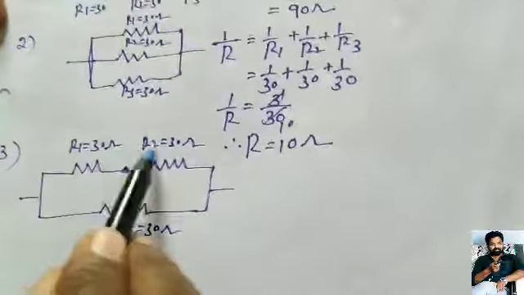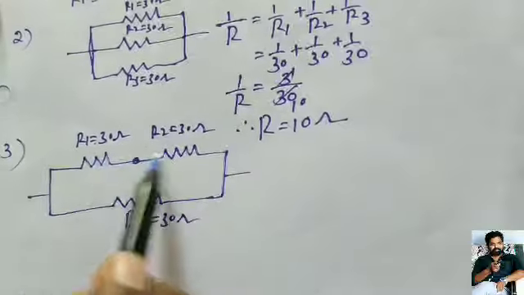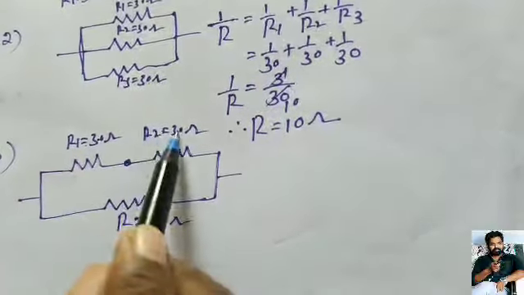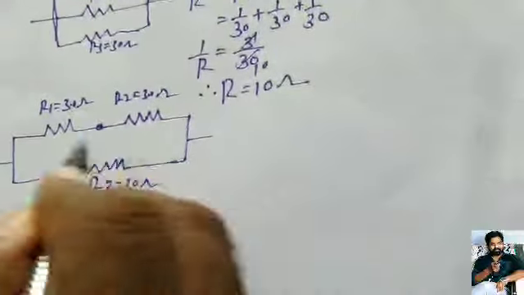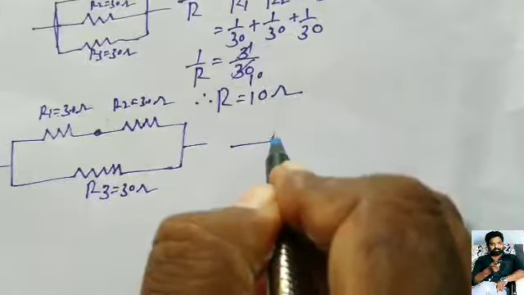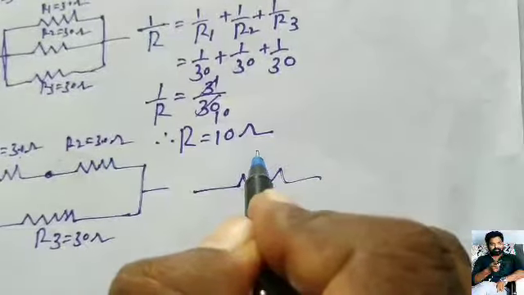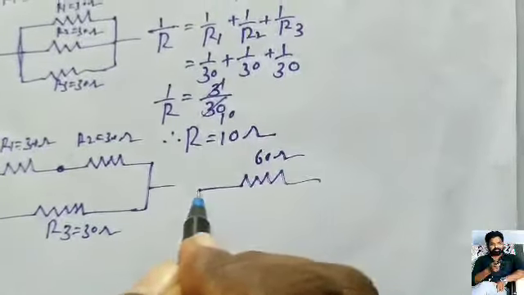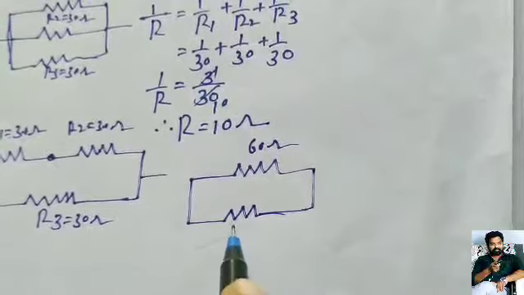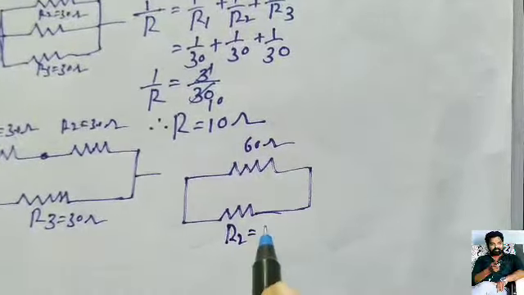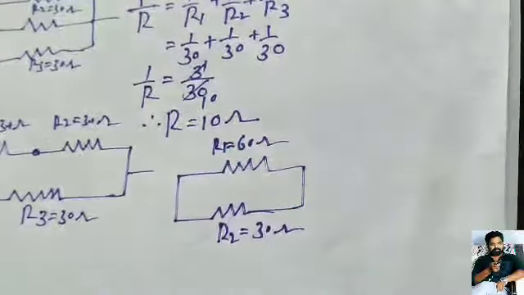See here, the first two resistors are connected in series. Now R equal to R1 plus R2. You know, 30 plus 30, that is 60 ohms. Then this diagram can be drawn. So this is 30 plus 30, that is 60 ohms. And the remaining other resistor is there, consider that R2, that is 30 ohms. Now it is R1, 60 ohms.